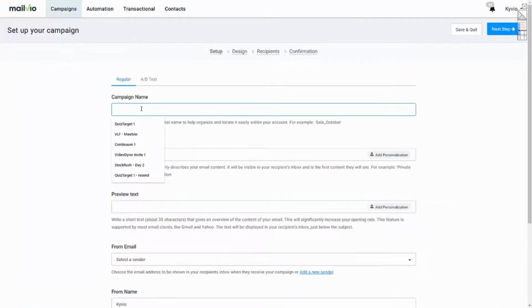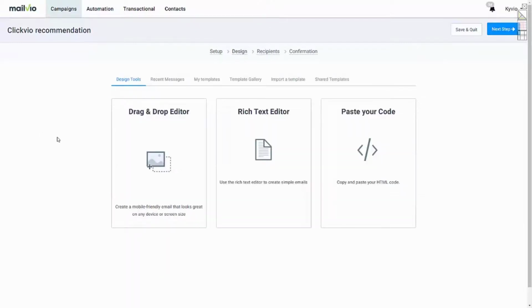Right, I'm in Mailviewer right now. You can use, of course, any autoresponder as I mentioned for this. You're going to go ahead and create an email campaign, and again, it's different for every autoresponder. So here we go. I'm going to go ahead and do a ClickViewer recommendation email. Just put this over here. Let's go to next step. So right now I'm inside our email creator. I've got a few options. I can of course build my own template based emails here, but as I just told you, we have tested it in ClickViewer. Formatted emails tend to inbox better, have more open rates, and of course as a result more click-through rates than say the other emails.